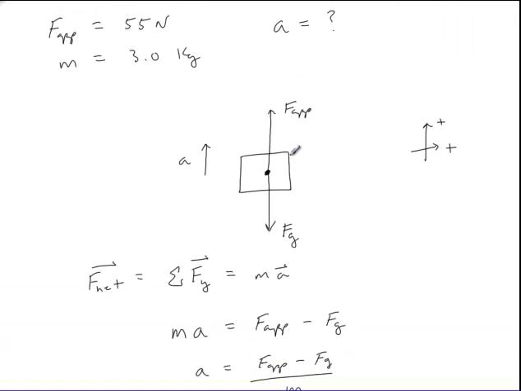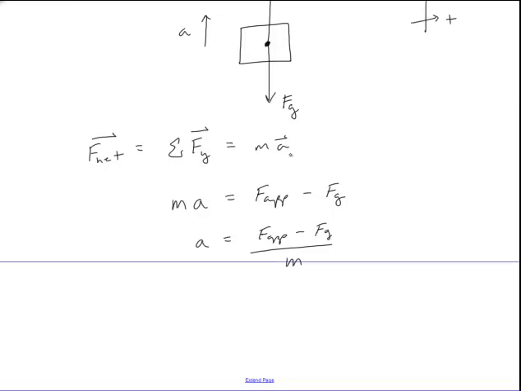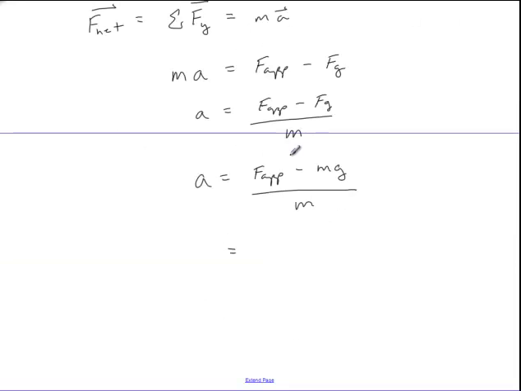So our applied force is given to us, it's 55 newtons. Force of gravity isn't given to us. In the last case they gave us force of friction, so that was really easy. This one's just one step more complicated, but not really, because force of gravity, we all know, is just mass times gravity, right? You should all know that. So I'm going to rewrite this equation to make sure that everything is written down. F app minus Fg is mg, and then we're going to divide that all by m. Okay, so let's put in some numbers. F app, 55 newtons, minus the mass, 3.0 kilograms, times the magnitude for gravity, 9.8 newtons per kilogram, all divided